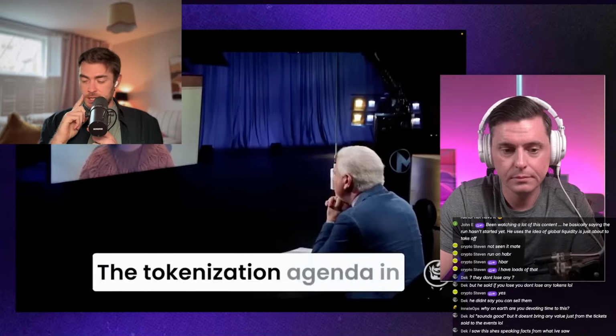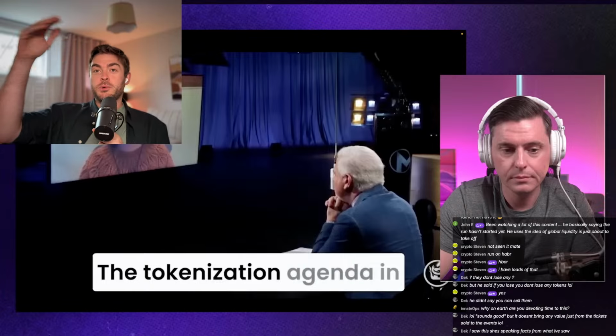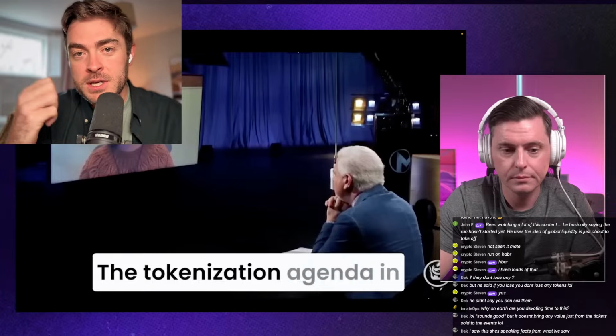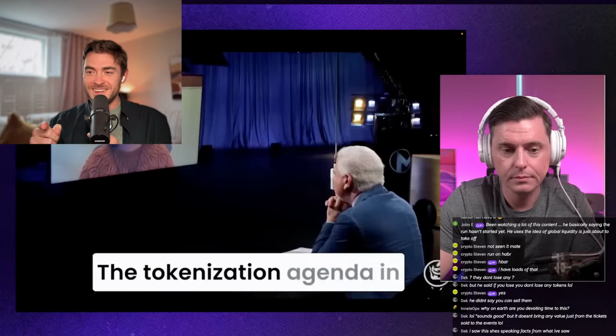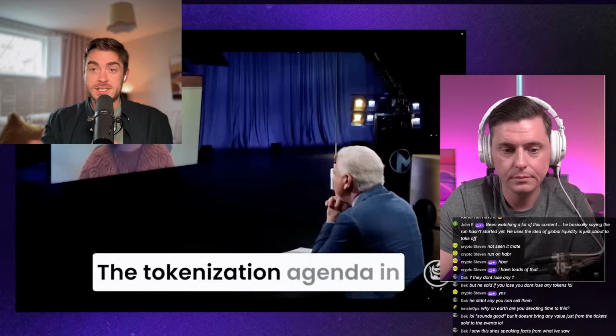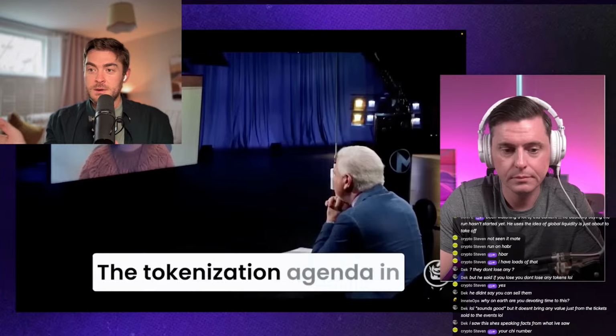The tokenization. Yeah. I agree, actually, and that is really scary if you think about it. But think about it for right now as well. When you're born, you get given a birth certificate. That birth certificate literally has a barcode on it or a serial number, and that serial number isn't for the birth certificate. That serial number is you. So, in many ways, and what she's saying is completely true, I completely agree, and it's worth concern. But we already have these ties to us. We're already numbers in the system.